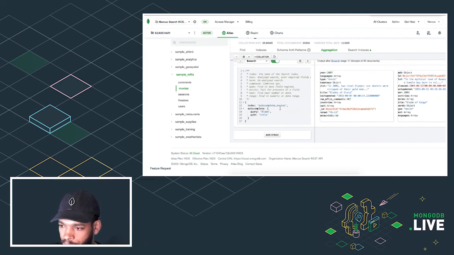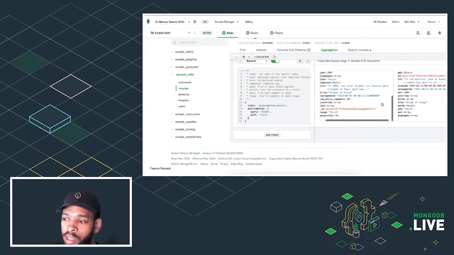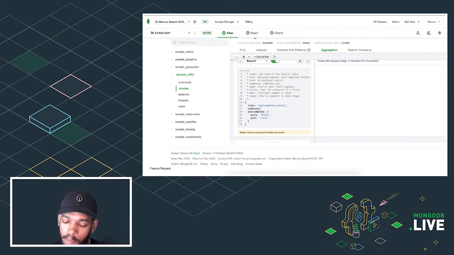Well, great. Now, if I wanted Blade of Kings, I could get to Blade of Kings really easily by specifying the year and filtering out all the documents that didn't match the year. So Blades of Glory was released in 2007. Blade of Kings is 2005. Let me show you how to use the compound operator. The compound operator works with 4 different clausal options. You can use should, must, must not, and filter.